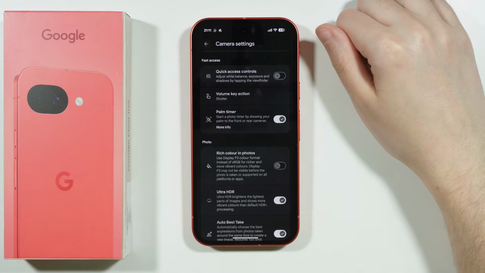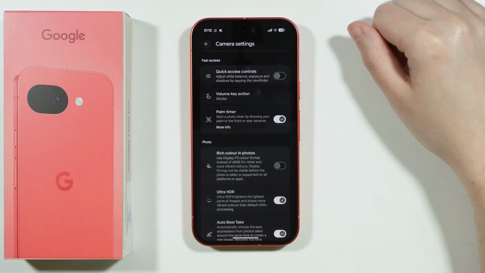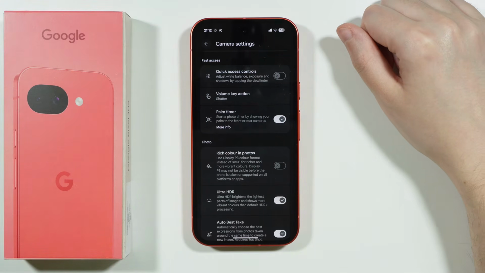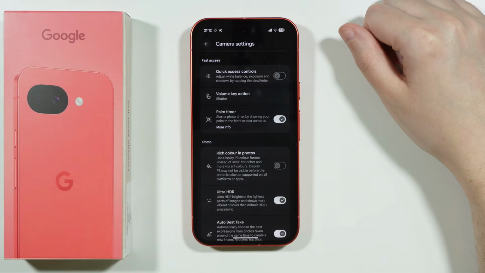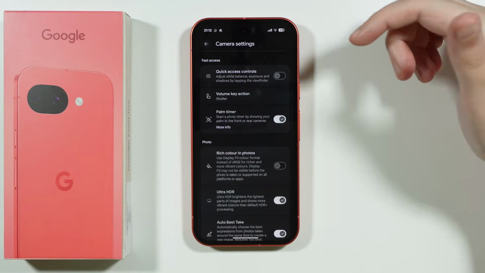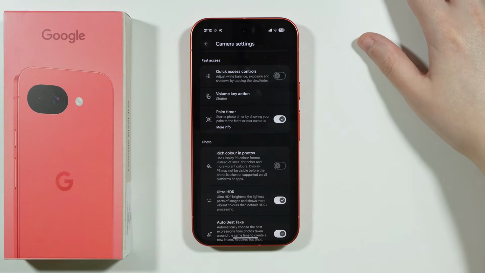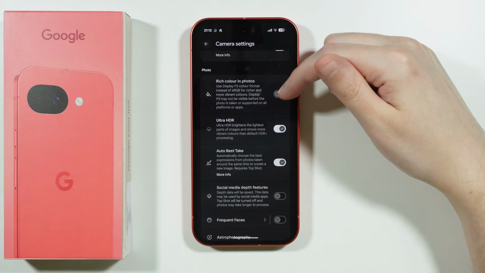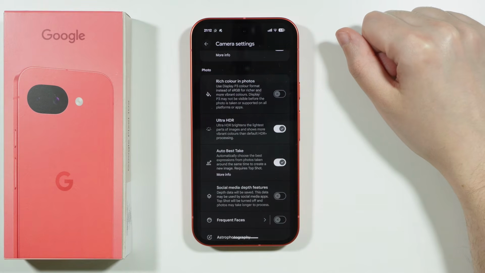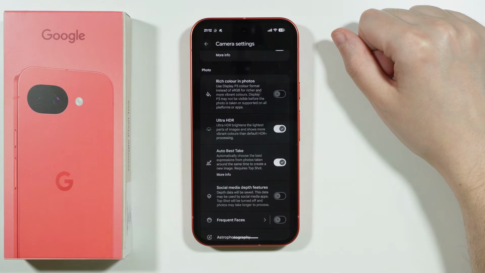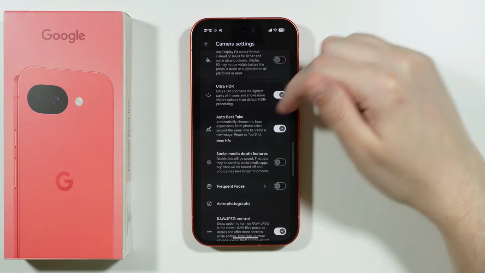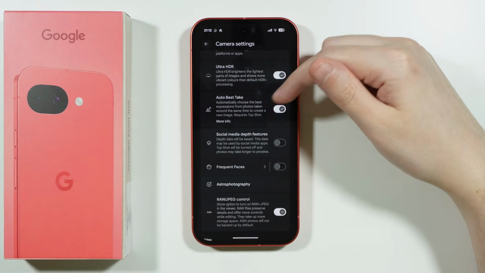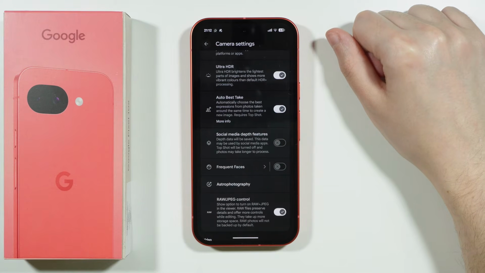We have the palm timer, so we can show our hands to the camera if you want to take a photo without using the shutter button. And the face has to be detected by the camera in order to be able to actually use this feature. Then we have rich color in photos, so you can use display P3 color format instead of sRGB for richer and more vibrant colors. We have Ultra HDR, automatic best takes, so your phone can automatically choose the best expressions